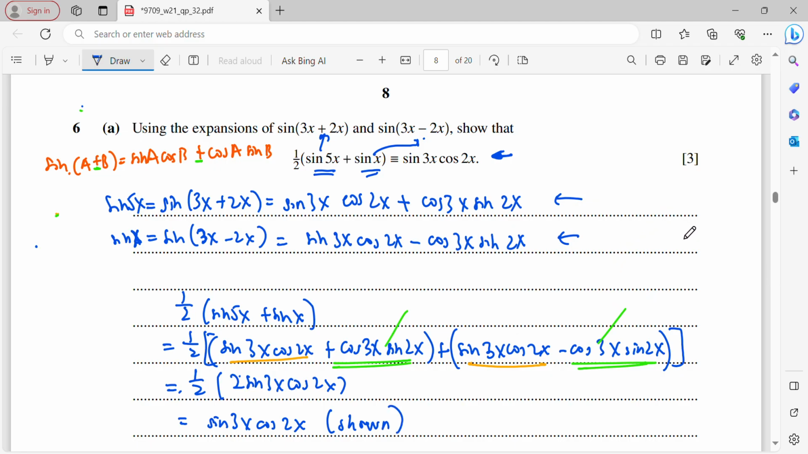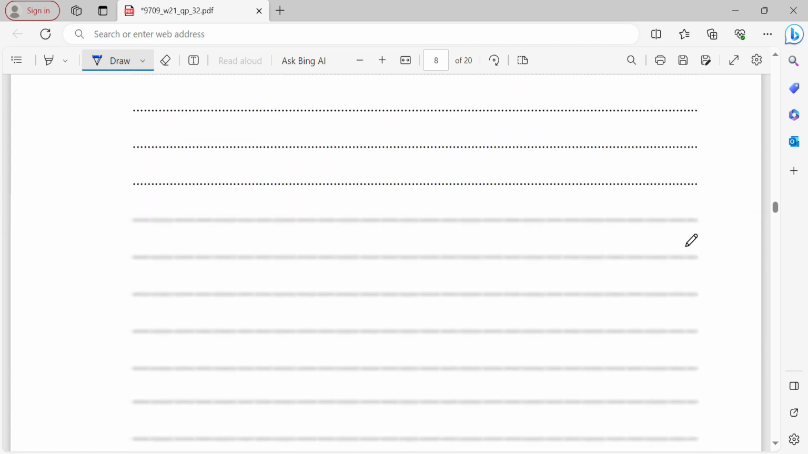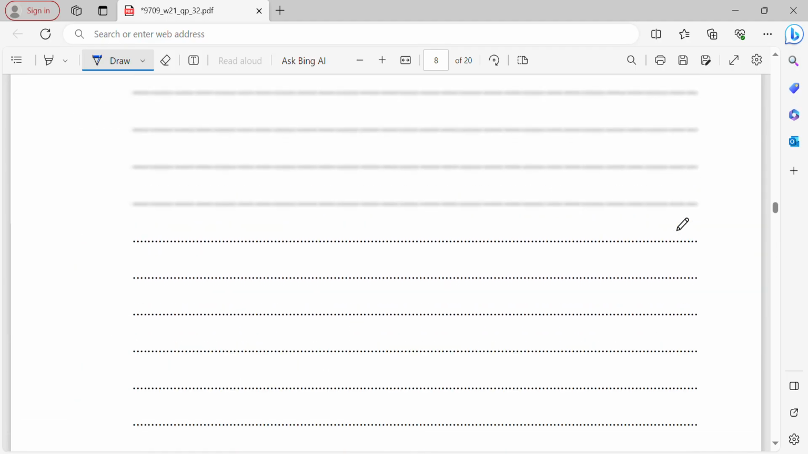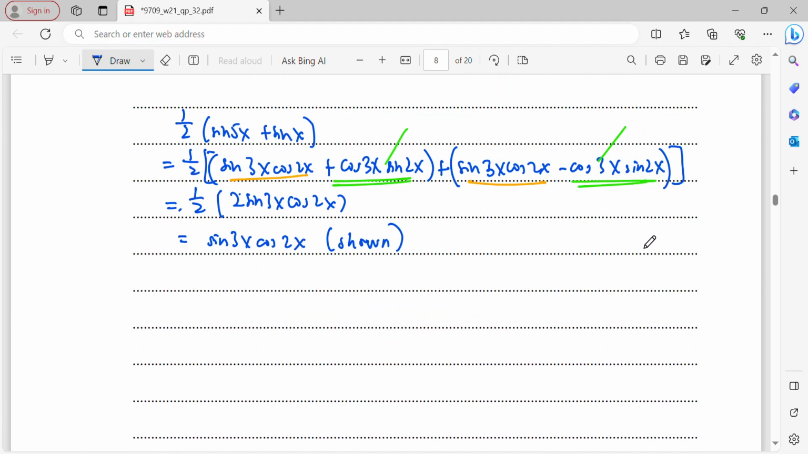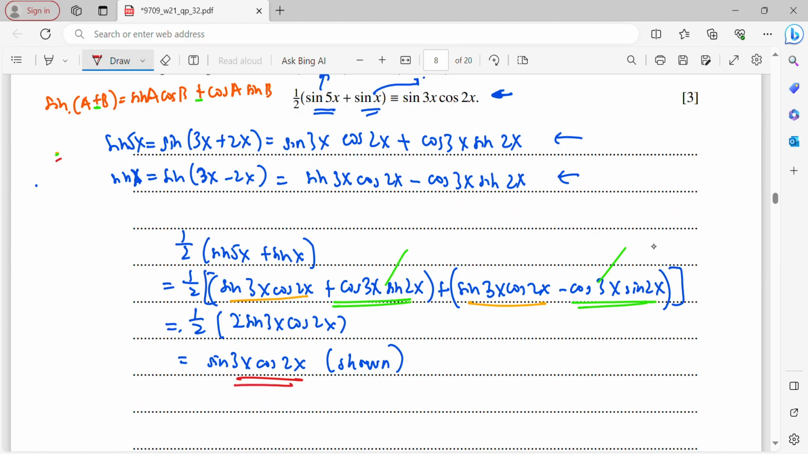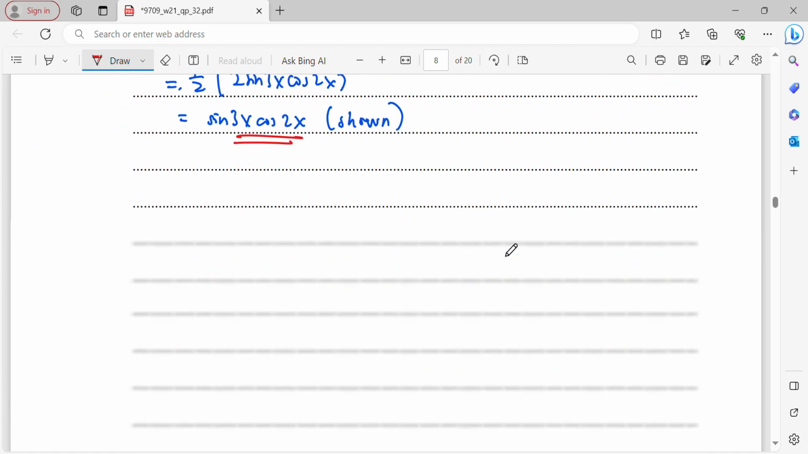Alright, so 6A is done. Now B, hence means use a previous answer, show this integration. So now, integration from 0 to 1 over 4 pi of sine 3x cos 2x dx. So sine 3x cos 2x from the previous expression, sine 3x cos 2x is basically half of sine 5x plus sine x. Okay,